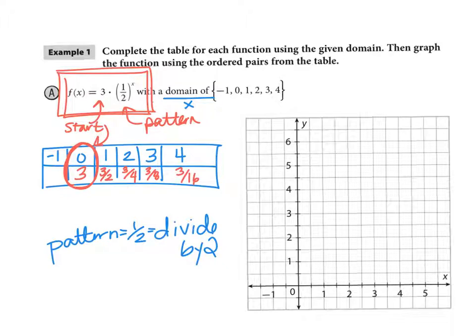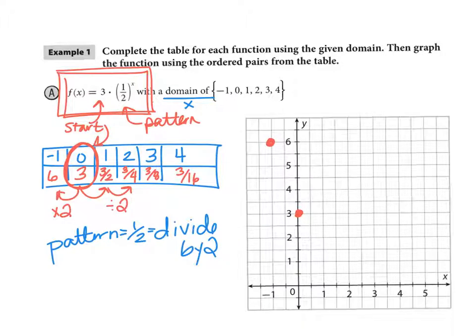And then if going forward is divide by 2, then going backwards must be multiply by 2, which means my first point there is going to be 6. And to be able to graph that, we literally just take the points that they give us and put them on the graph. So -1 is at 6, 0 is at 3, and then 1 is at,